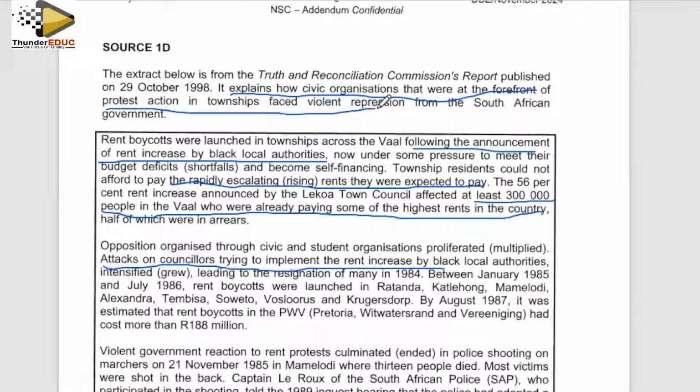It's one of the usefulness here. You get it from the context of the source. What is the source telling us about? Is the usefulness of the source. Then we can also say